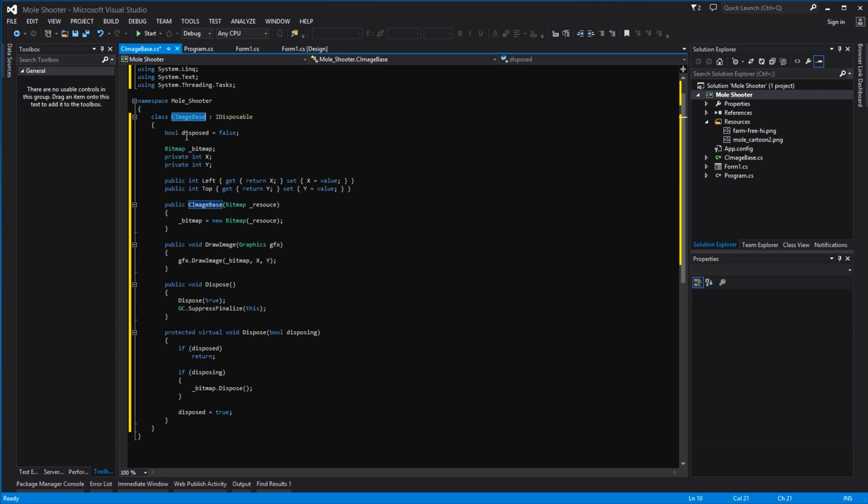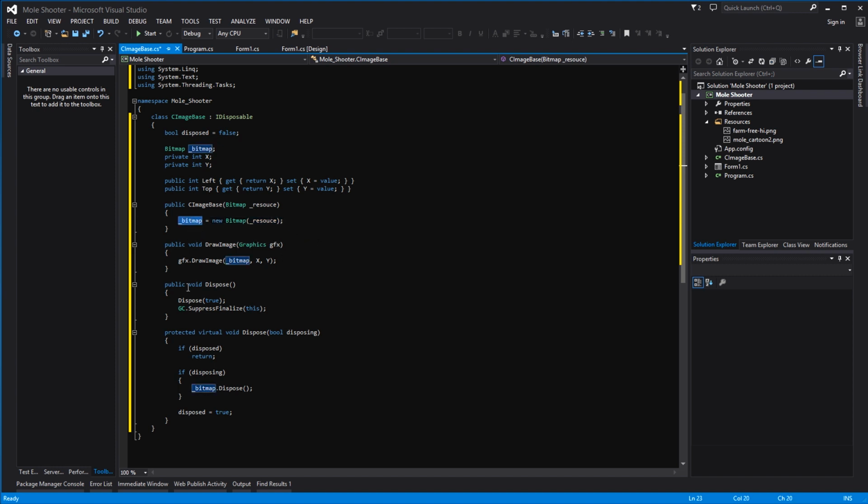You'll see we've got a parameter which we pass into the constructor, which is the bitmap itself. So when the constructor is called, it will create a new bitmap type, which is a blank bitmap, but then it will pass in the resource, which will be our mol. So essentially creating a bitmap reference in memory of our mol,